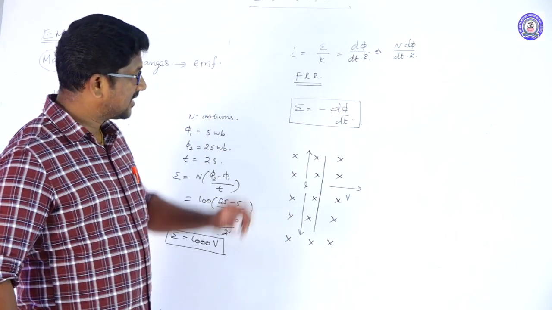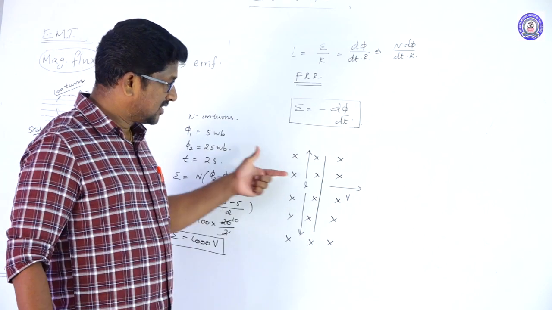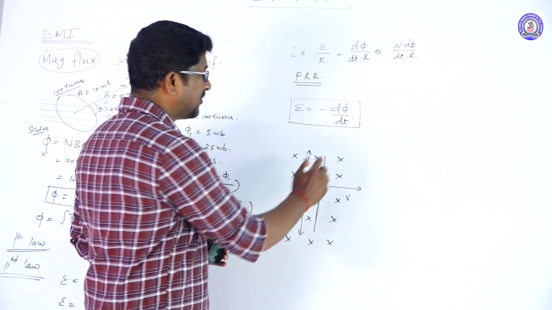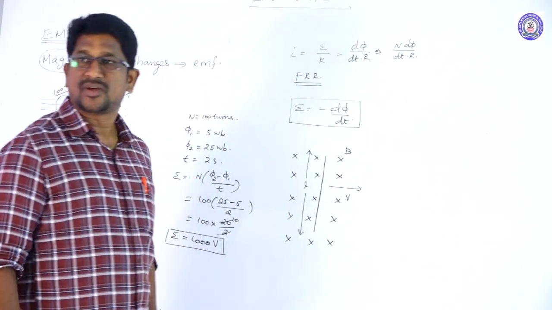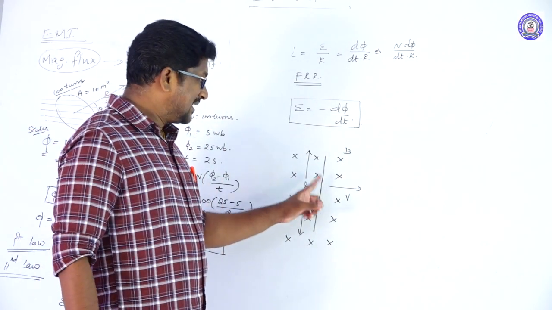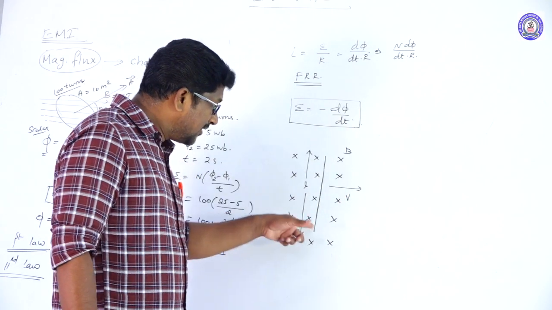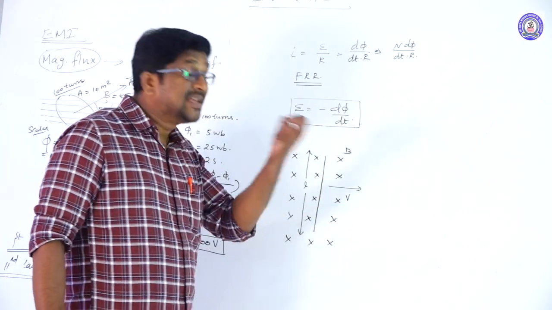So there is a straight conductor of length L, moving with a velocity v in the outward direction in the uniform magnetic field of induction B. Right. When this conductor moves in the uniform magnetic field, all the free electrons in the conductor experience